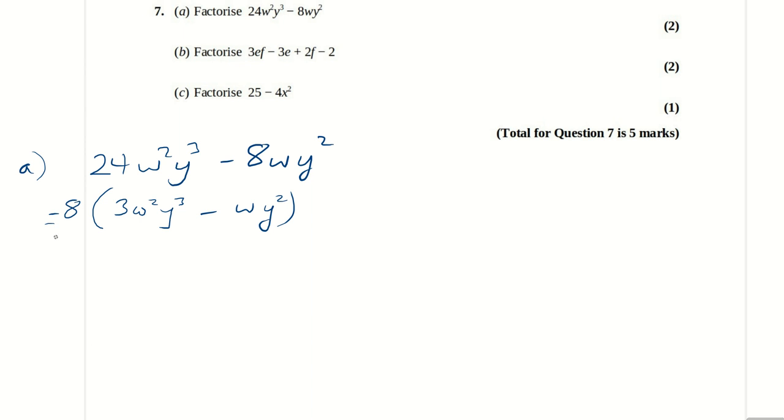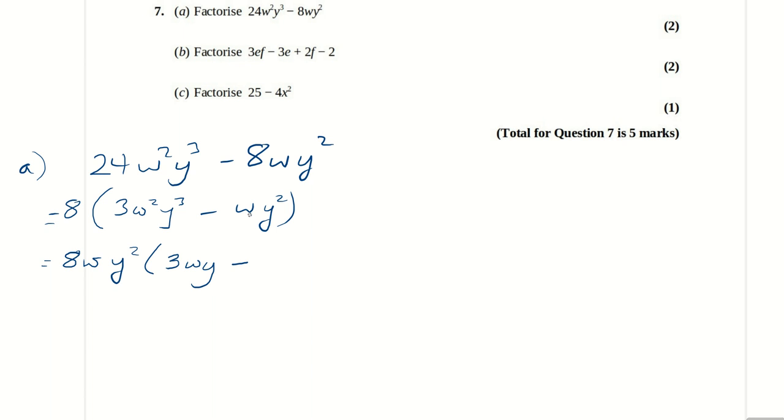Okay, now anything else? Well, we've got y's and w's in both of these, and if you look, we've got a y squared and a y cubed. Well, y squared goes into both of those, and we've got a w and a w squared, so w and y squared can both come out, and that leaves us with 3wy, because we need another w to times by that w to give us the w squared. We need another y to times by the y squared to give us y cubed,